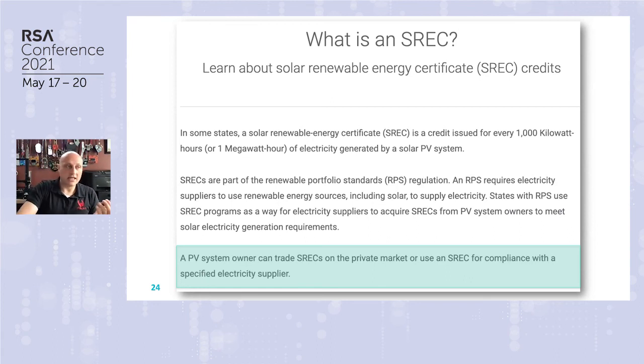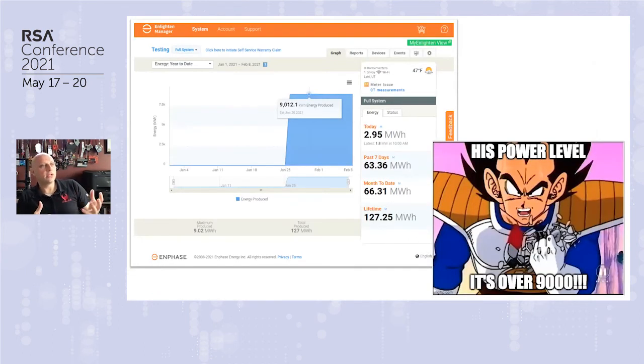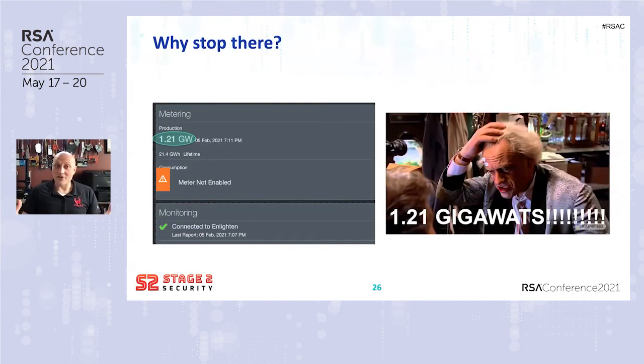So I took a look at this. This is their cloud component. And here you can see that I have suddenly started producing 900 kilowatts of power. And their system's quite happy with that, actually. So here it is. This is where the title of the talk comes from, right? If you're not familiar, this is Powerball Z, I think. I'm not even sure, so don't quote me on that. But yeah, you can just generate your own power. You can edit the device to report how much power you're generating. But that's not a lot of power. Why stop there? Let's generate more power, right?